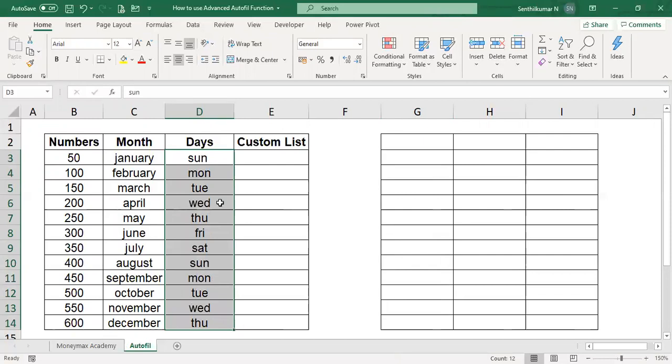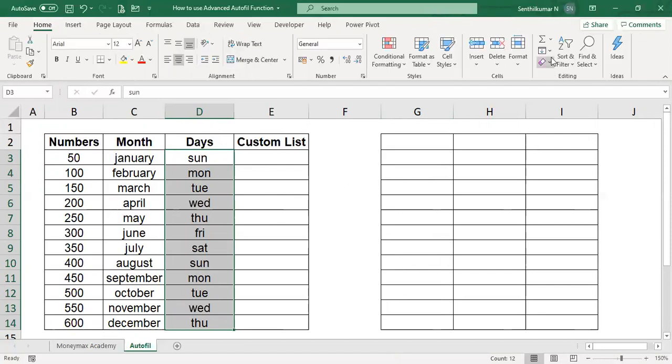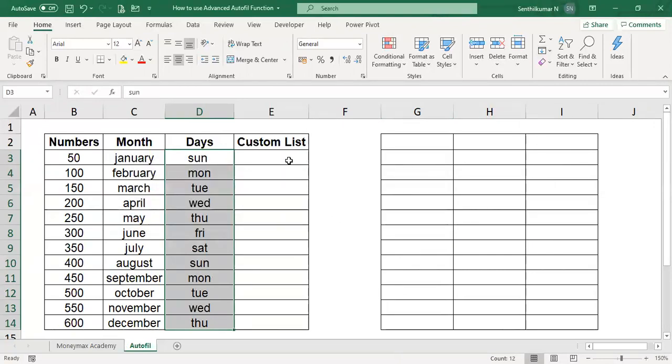So how do we get the detail here? We can get the detail automatically. It is already predefined in the autofill. This is the autofill detail. If you want to fill down, there is flash fill. If you want to fill down, you can fill down here.